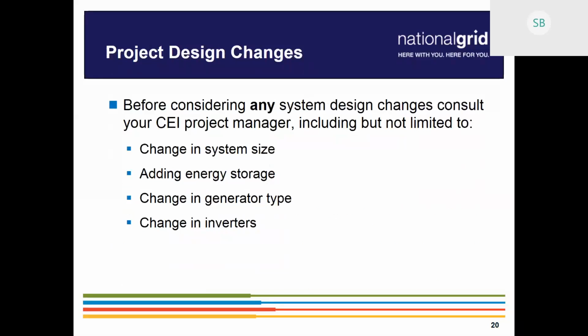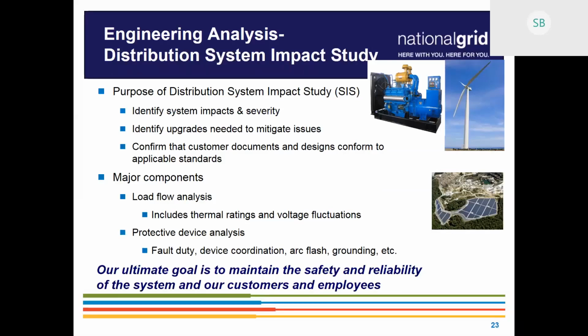So when we go through a system impact study, I wanted to put out here what the purpose is and what the major components are, what we're really doing when we go through those studies. I know a lot of you have seen these before, had them performed for your own projects, but just to reiterate and highlight what the aspects of it are. So what we're looking for is any system impacts and the severity of those impacts on our grid, trying to ensure a safe, reliable interconnection for your site and for all the other customers that we have online right now. We would identify any upgrades that might be needed for any issues that we find.